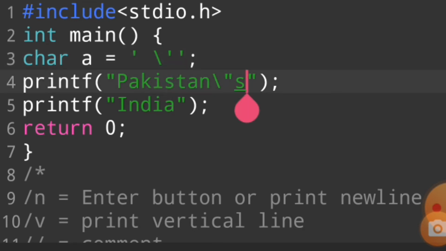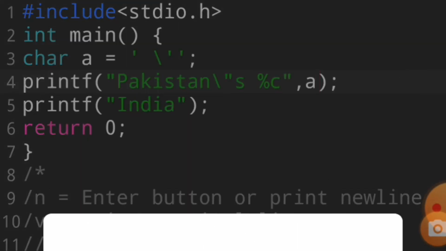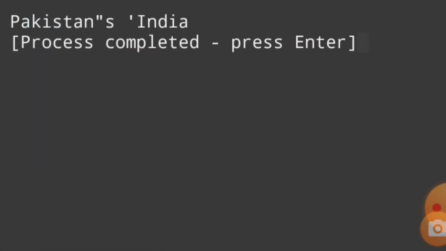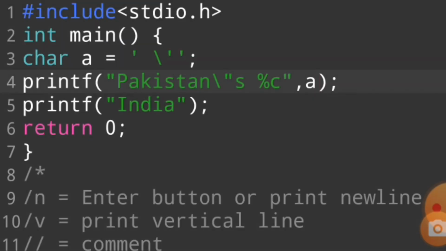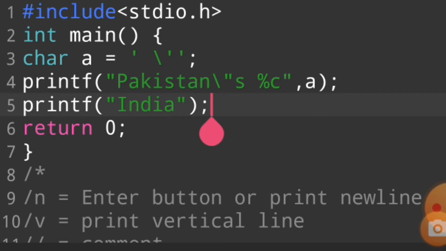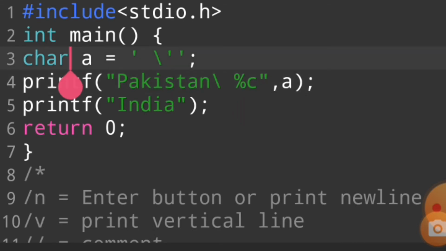For example, if in this case I write %c comma a and run this program, the single quote is printed, India is printed. I know you can't understand this topic very efficiently, so I want to explain this topic in the best way.